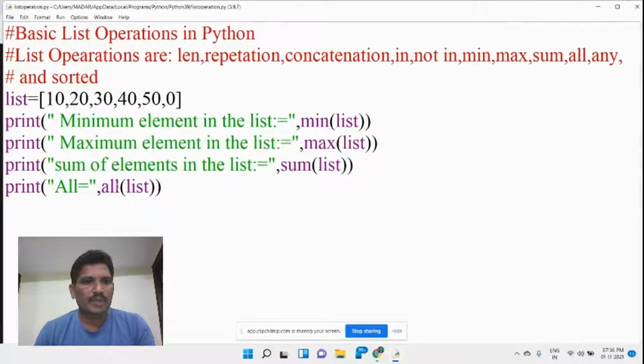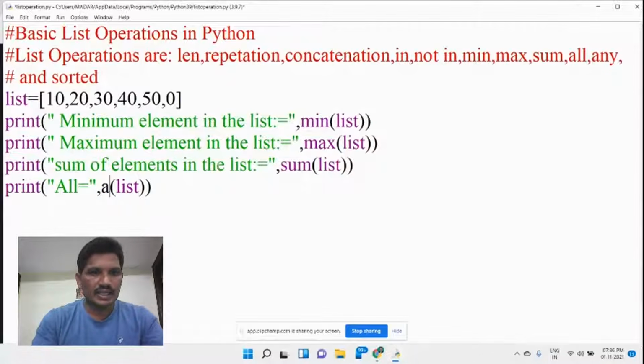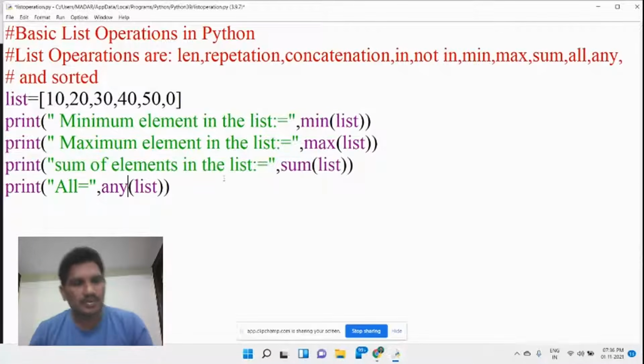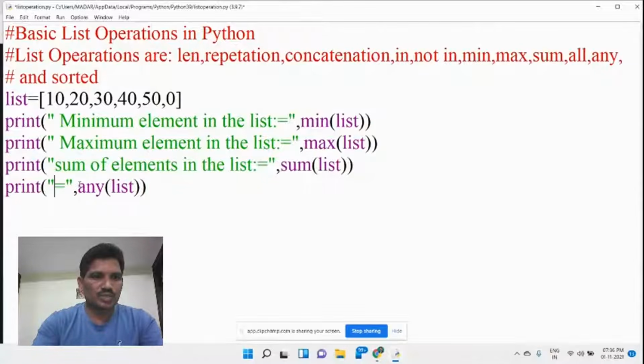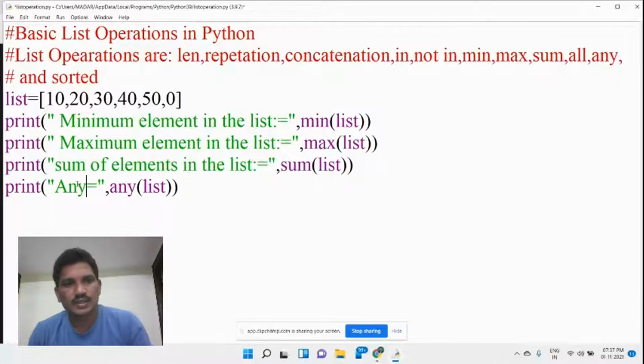Now the any function: if any true value is there in the list, it returns true. Otherwise, it returns false. Because any one of the elements is true, it returns true. For example, what is the output we got?